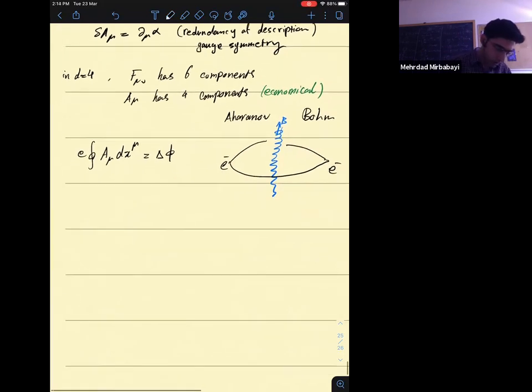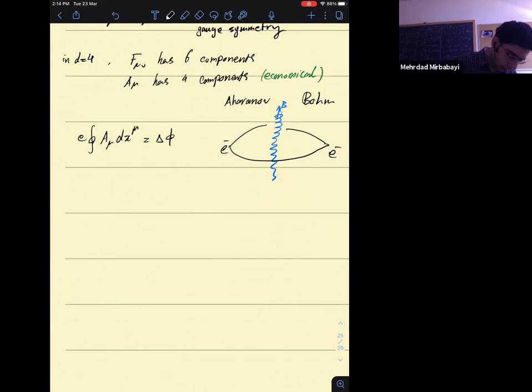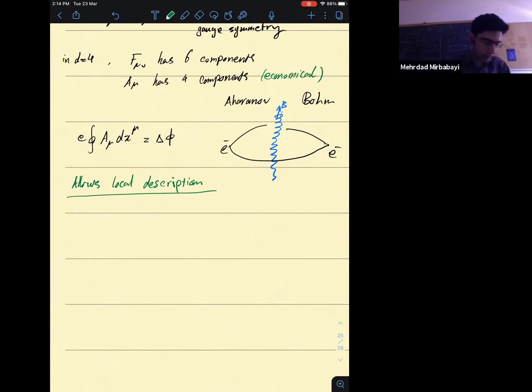So the real usefulness of a mu is that it allows local description. Now, more useful, important, or more universal is the fact that if now we talk about field theories,